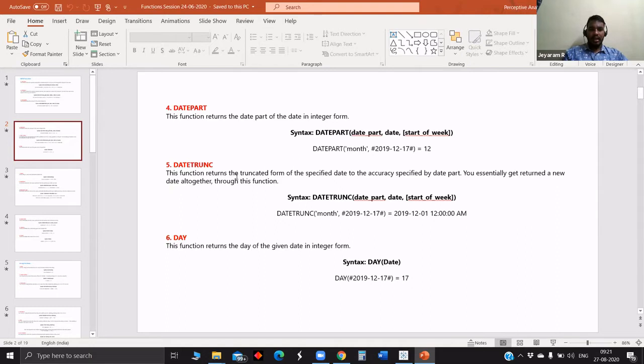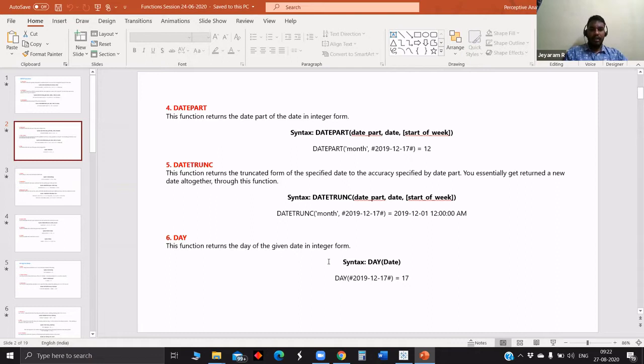And this is date trunc. This function truncates to the specified part. This is a very useful function as well. For example, if you take October 17 and truncate to month, what you will get is the earliest date of that October month. If you truncate to year, whichever year it is, it will show the start of that year. That's the use of the date trunc function. We will get the earliest part of whatever date part we give.